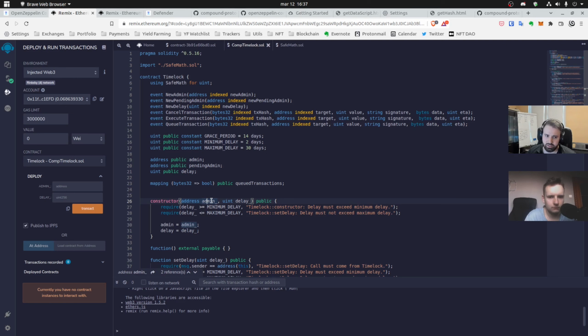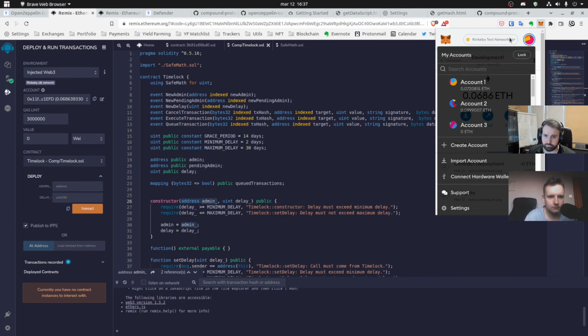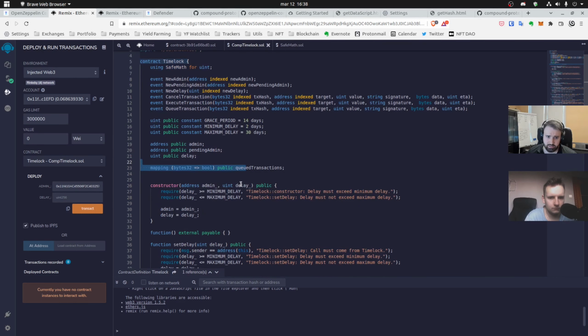So temporarily we set the admin role to our MetaMask address as a temp admin, keeping in mind that we need to set the delay, and the delay must be higher than minimum delay, and also that we don't want to wait for 2 days before we can execute functions. We will change it